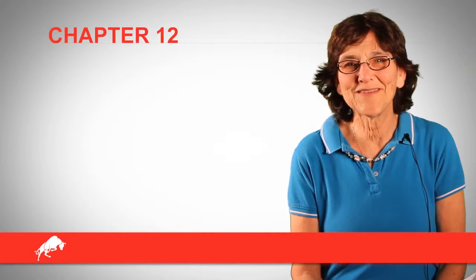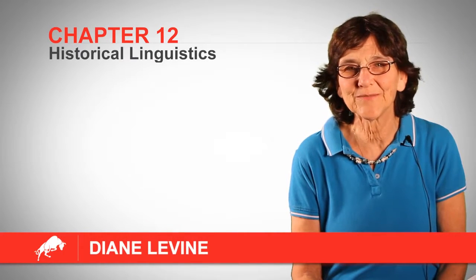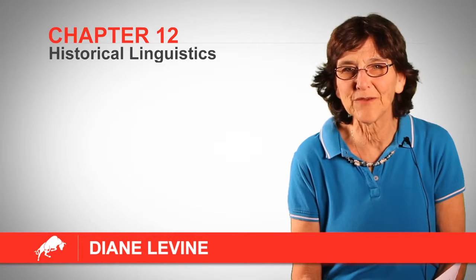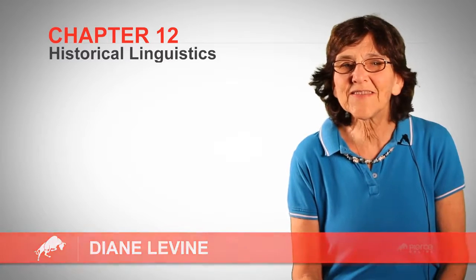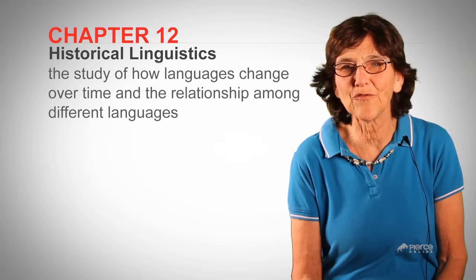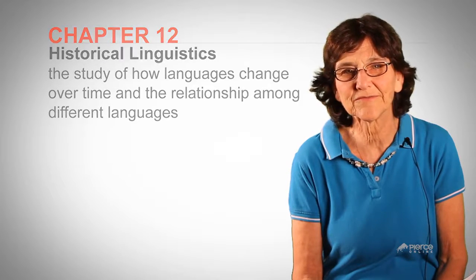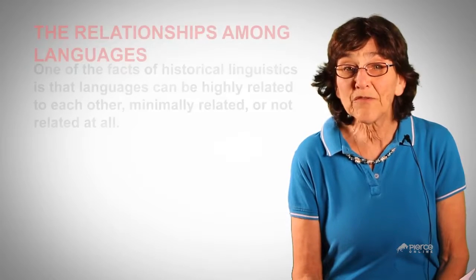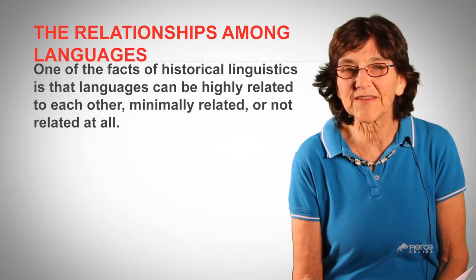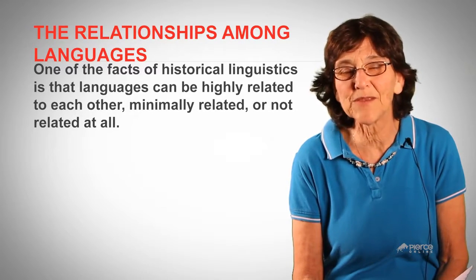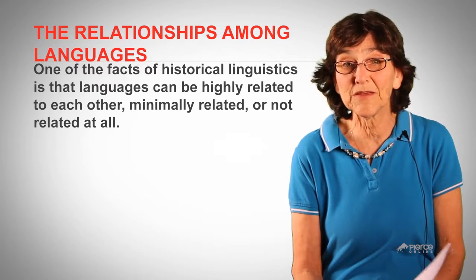Chapter 12 is about historical linguistics, also called comparative linguistics. It's the study of how languages change over time and the relationship among different languages. One of the facts of historical linguistics is that languages can be highly related to each other, minimally related, or